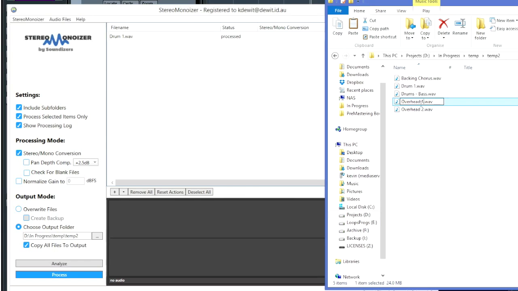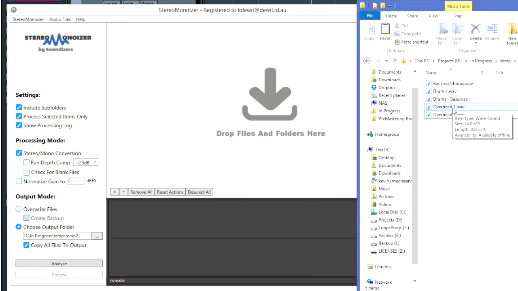And the way you can do that is, now obviously if you've got Pro Tools files, they're already set up to do that, but I can use the Pro Tools method to trick StereoMonoizer into converting this into a stereo file, which we can then drag back into Cubase. All I need to do is just go overhead.l.wav, and then the second file, overhead.r.wav, and you have to use this .l.r format because that's the only thing that this tool recognizes to join the 2 files together. So if I drag that across,